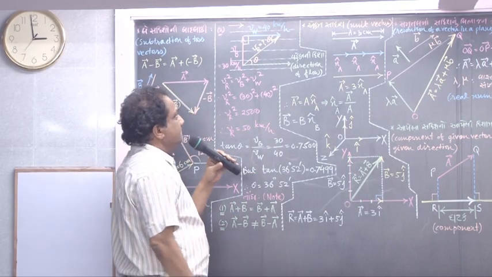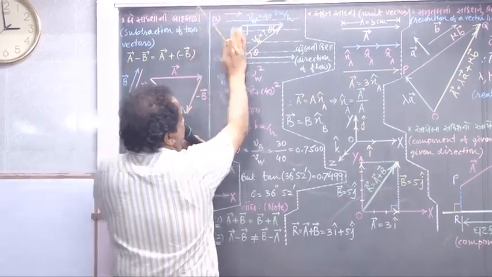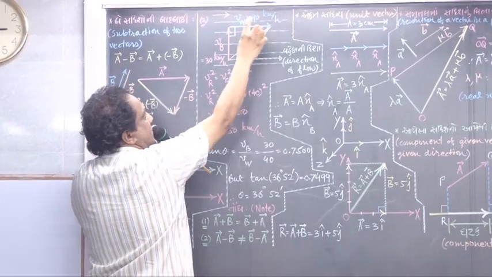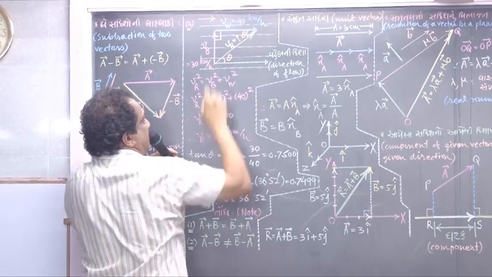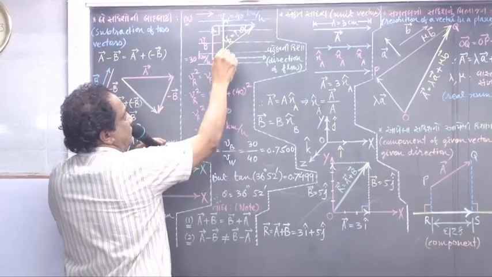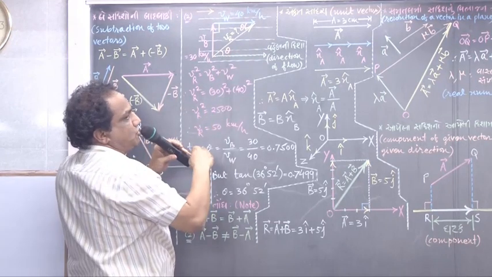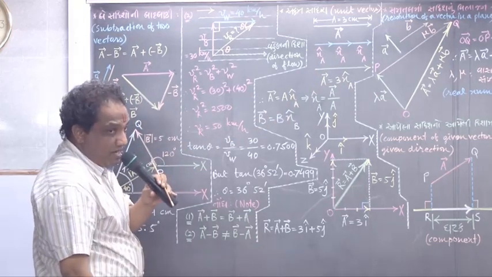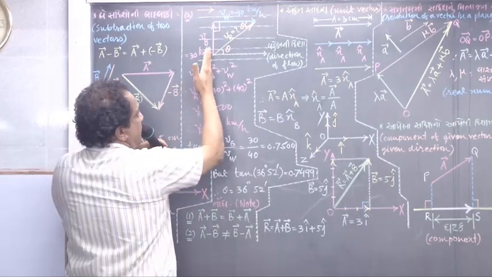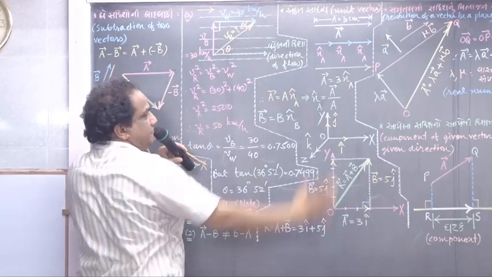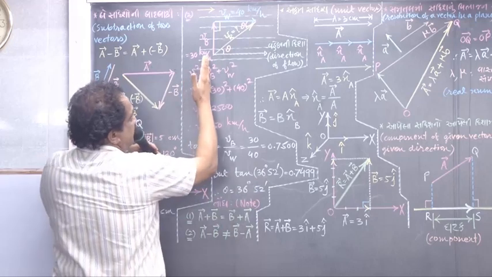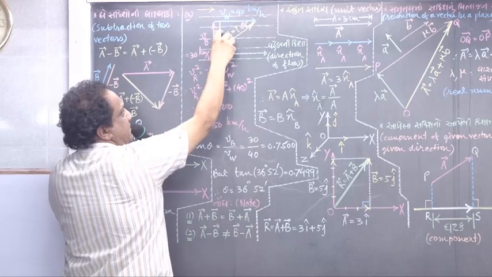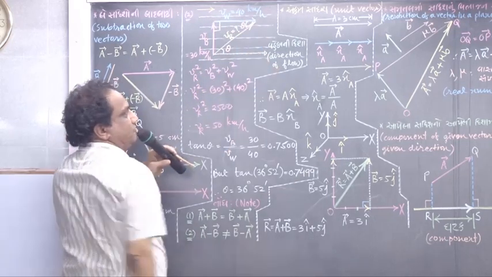Look, for this river, they have given flow of water with velocity 40 km per hour. Suppose it is towards right hand side. One boatman manages to drive perpendicular to this water flow. So it is traveling this way. Now this is the direction which is perpendicular to direction of water flow.